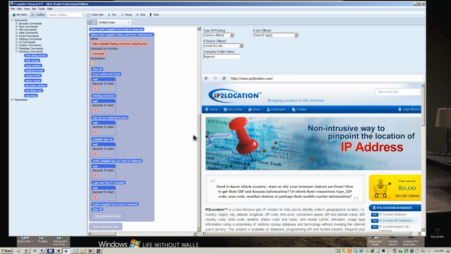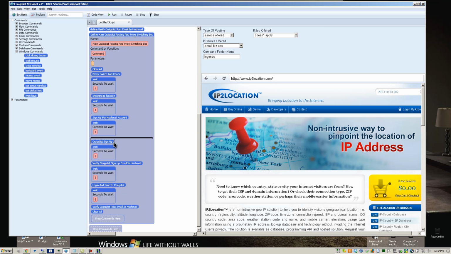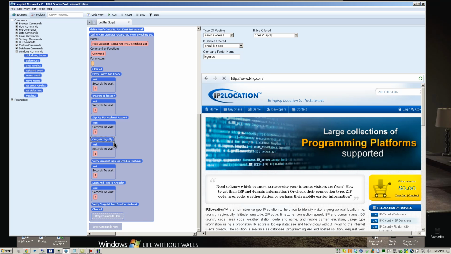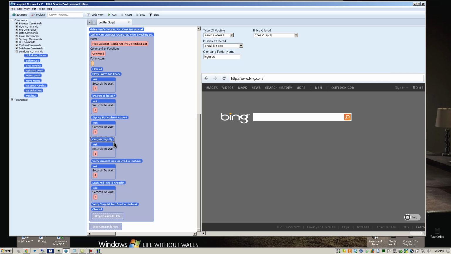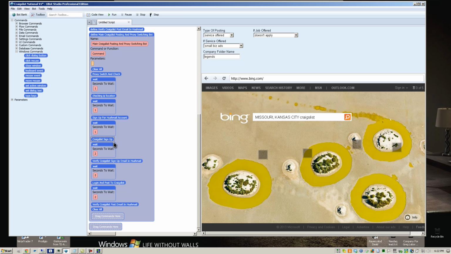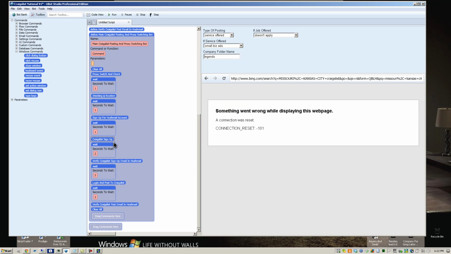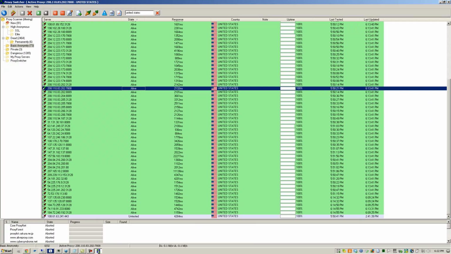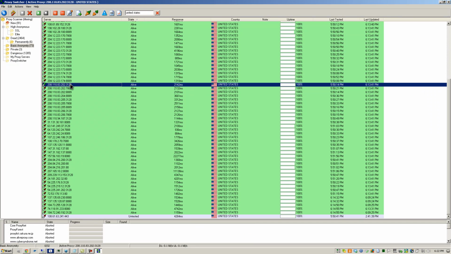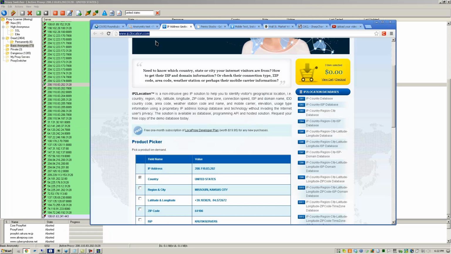Okay, so we're just having a connection reset problem on this IP. Now we've got if statements built into the program for that, but since I'm doing it piece by piece, I just stopped it. But okay, so we're going to run the node. We're going to go to Bing. It's going to type in the city of the Craigslist and Craigslist. Okay, it looks like we might have some problems with this proxy and Craigslist. Let me switch it real quick. The program would do this automatically, but since I'm running it the way I am,